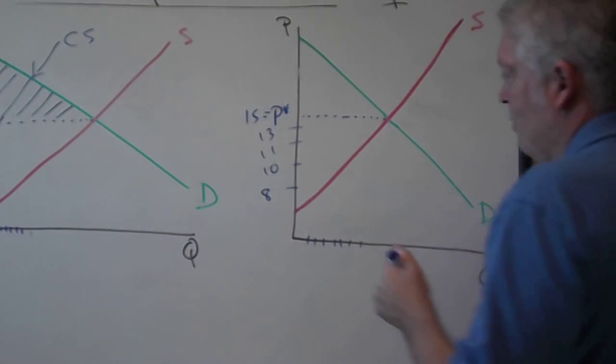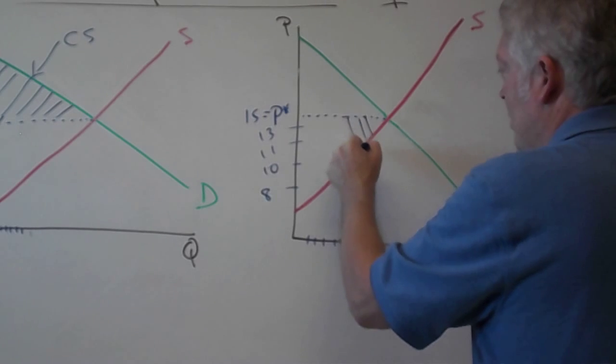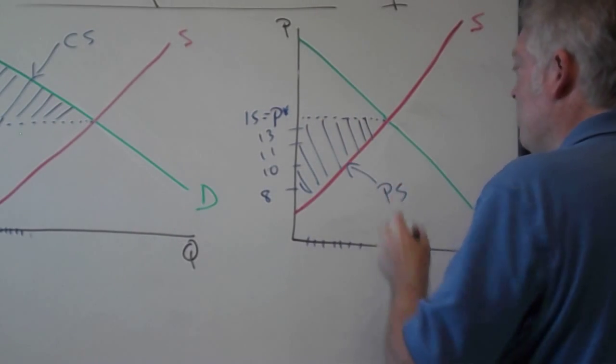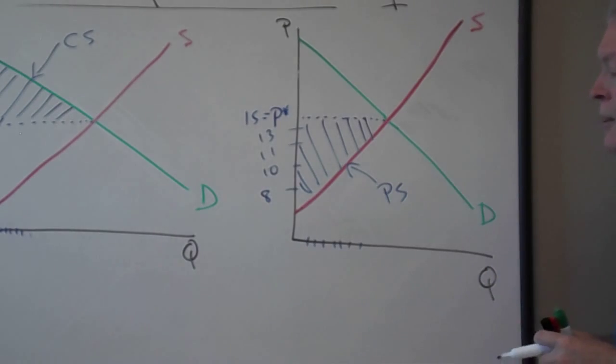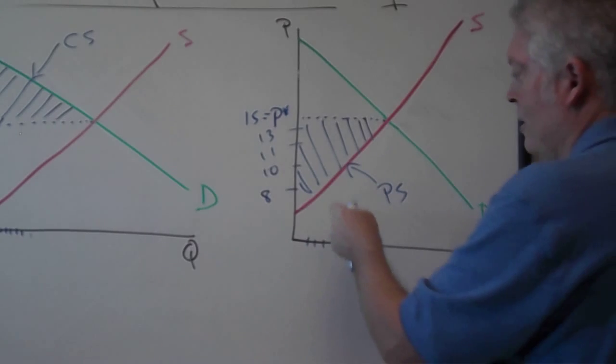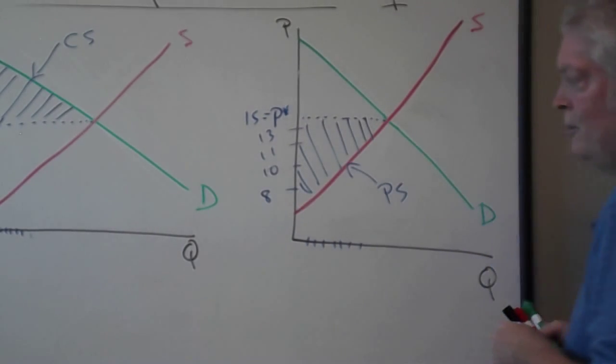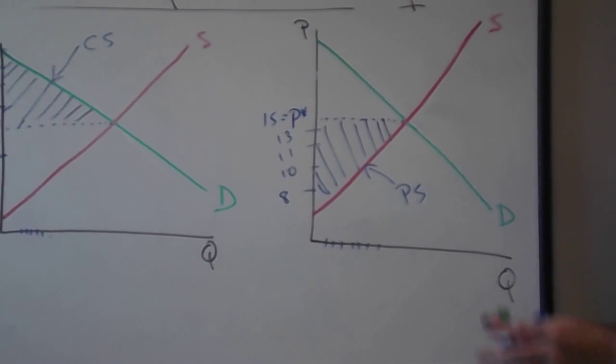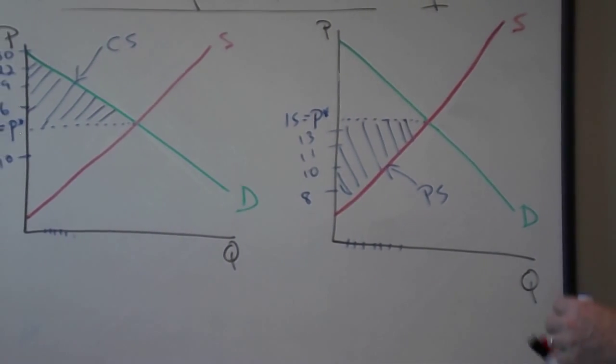And so as a result, this entire shaded region here is what we refer to as producer surplus, simply defined as the value that accrues to the supply side, those sellers who are willing and able to sell at a price less than the equilibrium price. And again, if you're a seller and you think you can sell your good at 11, you'll do that. But if it turns out you can get it for 15, you'll do that as well.